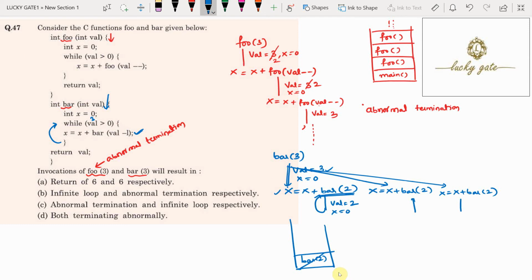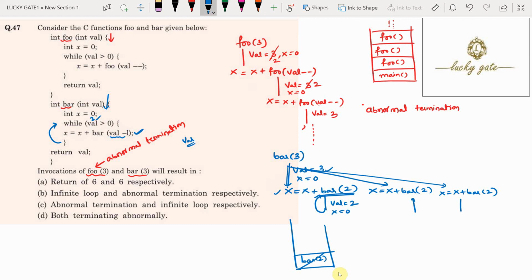Why? Because the val variable is not going to be decremented. Here it is just calling the bar function by decrementing val by 1. So val minus 1 is performed, but the actual value of val is not decremented. So val is 3 always, and this while loop is going to be repeated for an infinite number of times.